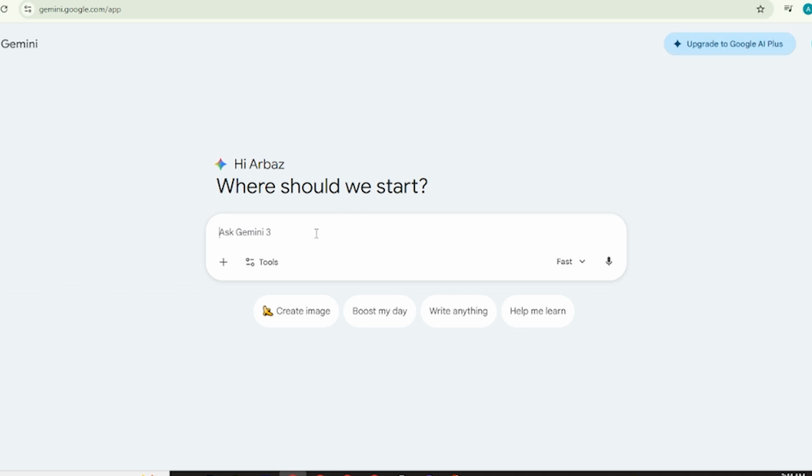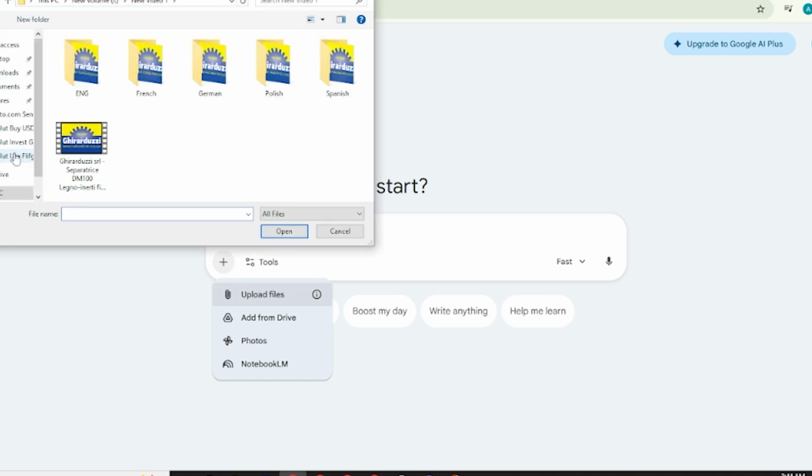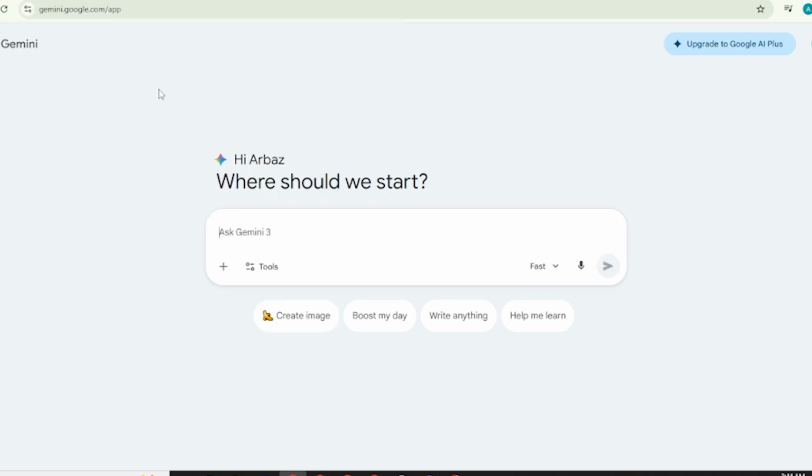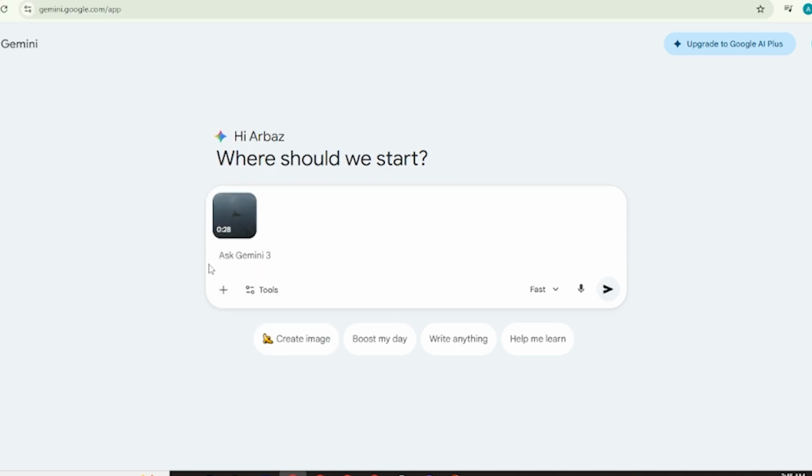On the main screen, you'll see an Add Files option. Click on it, then choose Upload Files. Navigate to the folder where your audio or video file is saved, select the file you want to transcribe, and click Open. After the file uploads, simply type a prompt asking Gemini to transcribe the content into text, and then